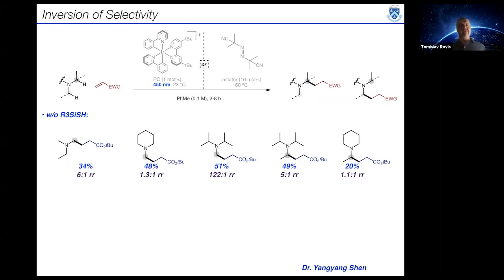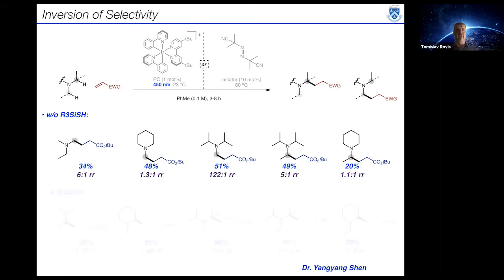Let me show you how this works. So the top examples are all without the thiol catalyst. So just to give you kinetic selectivity, dimethylethylamine, 6-to-1 selectivity for the methyl. N-methylpiperidine under these optimized conditions, 1-to-1 roughly. Diisopropyl methylamine, 122-to-1 selectivity for the methyl, exquisitely selective for the methyl. Hunig's base, 5-to-1 for the ethyl. And ethylpiperidine, which has, of course, 2 nearly identical methylenes, is almost unselective, very modestly for the ethyl part of the